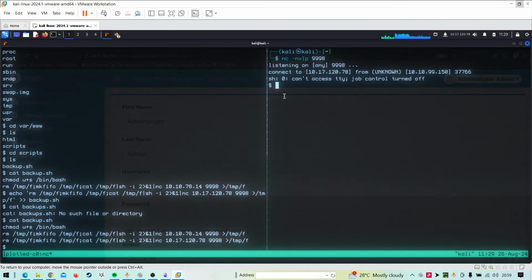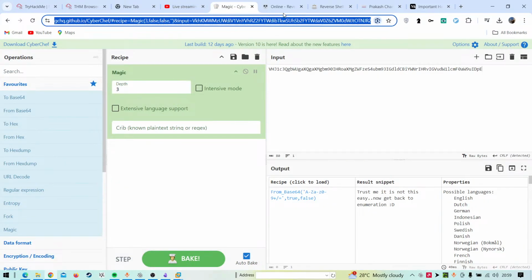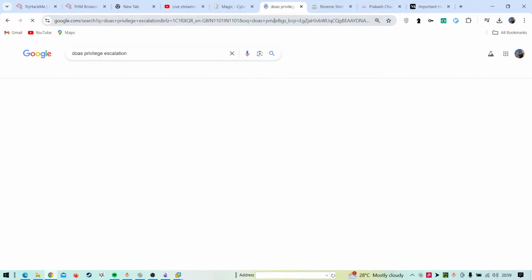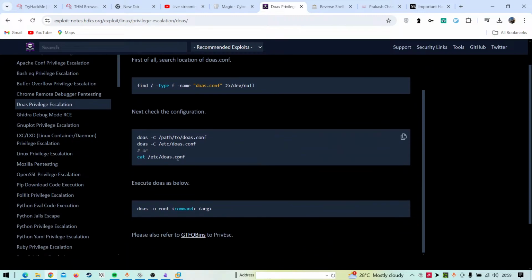SUID binaries, right? So the binary was DOAS, if I remember, and the last SUID. So if I just go and search about DOAS privilege escalation, so we have some notes, and so the command is something like doas -C.